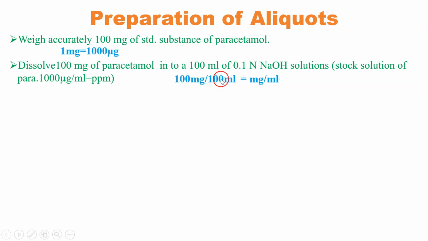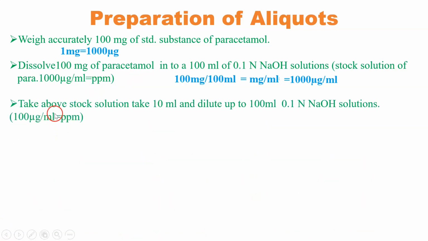It means that if we cut this 0, dividing, it becomes milligram per ml. So it means 1 milligram per ml. Here it is not given anything, so for our convenience we will say 1 milligram per ml. After that, we need to convert this milligram per ml into microgram per ml. As we have seen the relation over here, 1 milligram is equivalent to 1000 microgram. So now it will become 1000 microgram per ml. So milligram has been converted to microgram, and microgram per ml and ppm, parts per million, both are the same thing.